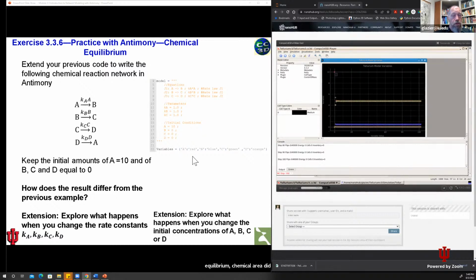Did people get that? Maybe a show of hands. How many people got something that looked like that? If you pick different values for Ka, Kb, Kc, Kd, you'll get different ratios of the amounts. Is it okay to move on, or do people need more time? Raise your hand if you need a little more